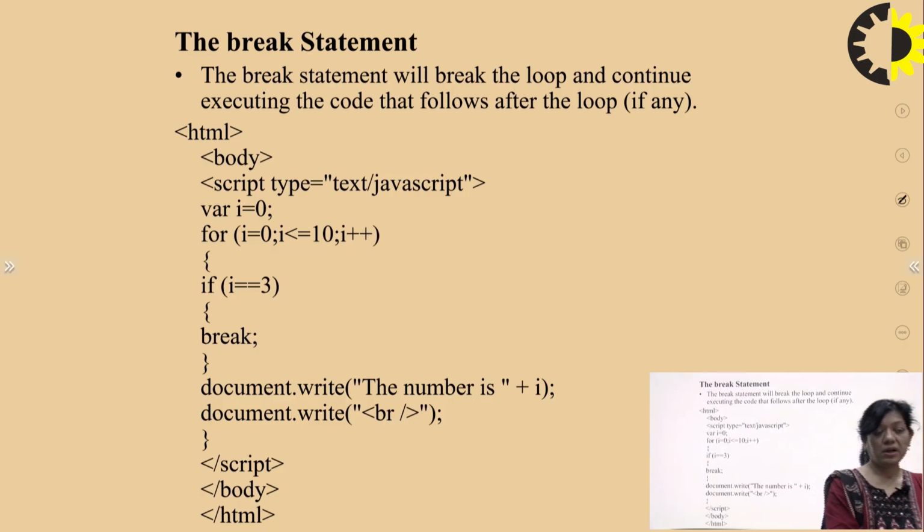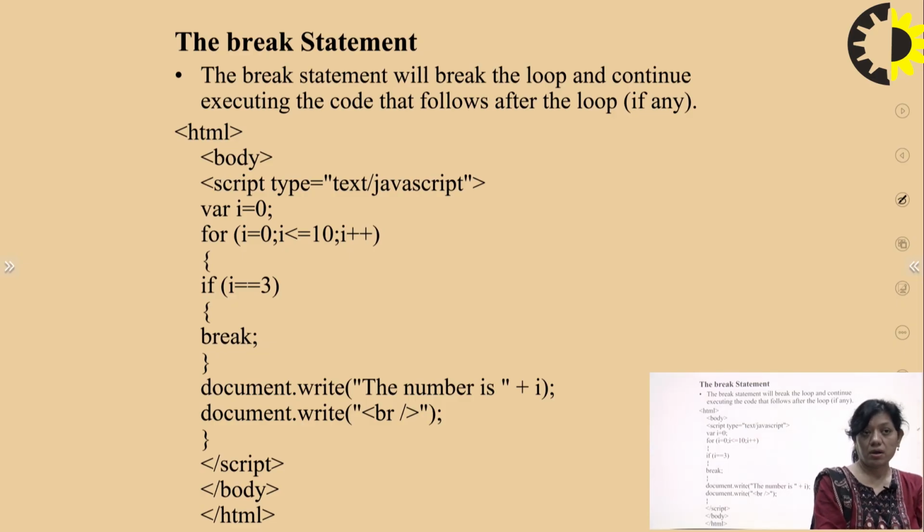Again, the loop will print the expression, the value of I would become 1. Now 1 is less than or equal to 10, the condition is true. The value of I is printed. Again I increments, I would become 2. 2 is less than or equal to 10, the condition is true. So the value of I would print 2.